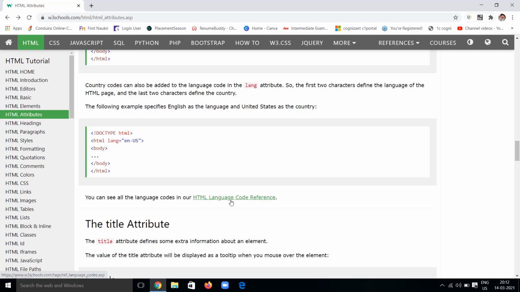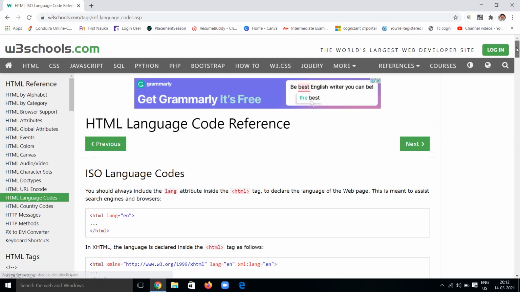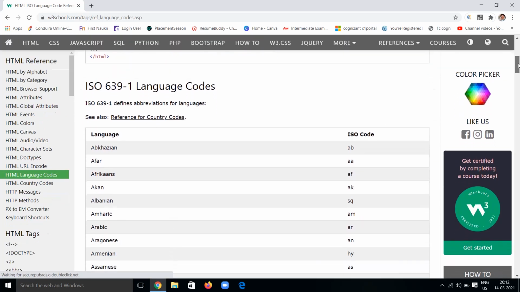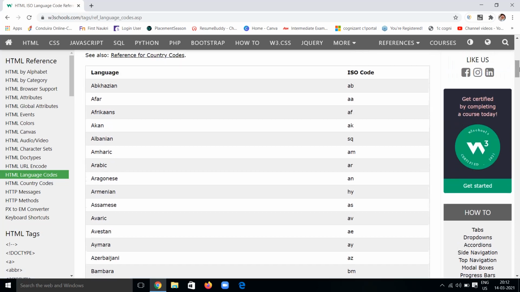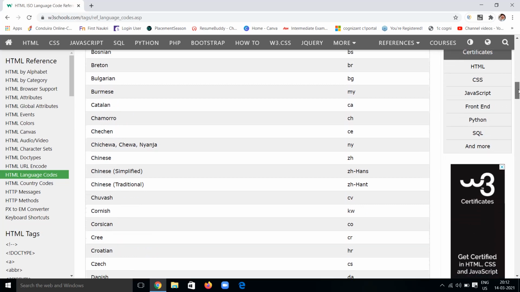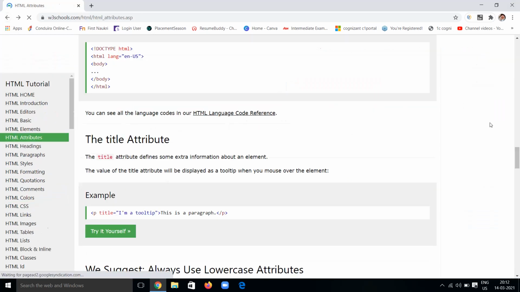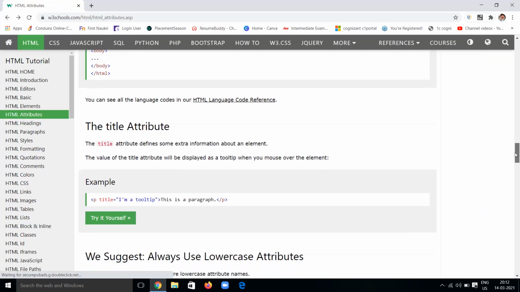And if you want the language codes for reference, we can go to the reference and see the many codes we have, like on websites, and the codes for different countries, in which for Chinese we use zh, and different countries have different codes. That much is not needed, as we are familiar with English and using that is enough for now.